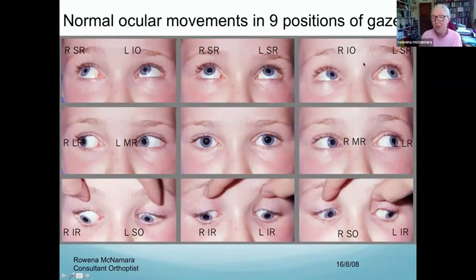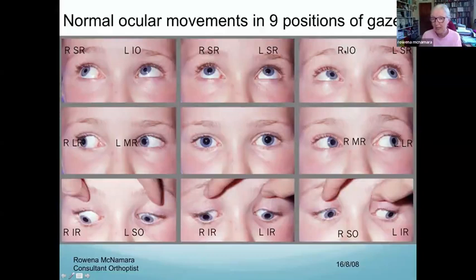The mirror image happens looking up to the patient's left, and the Latin for left is levo. So up to the patient's left, we can see that there is a superior rectus, main action in slight abduction of the eye, and the yoke muscle, the synergist to the superior rectus in the right eye, is the inferior